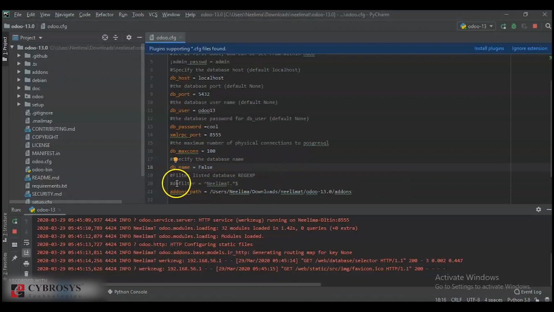Okay. So DB filter, as I specified, in the case of DB filter also, what happens is that only the subdomain starting with what we have given here will be loaded in the managed database. Suppose I am giving it as Odoo new.